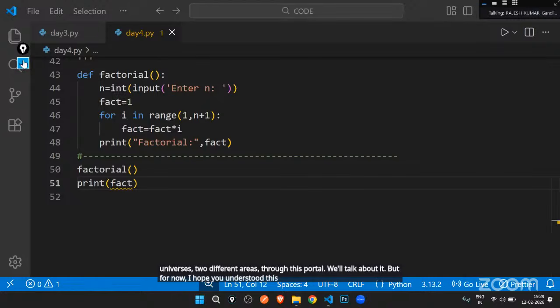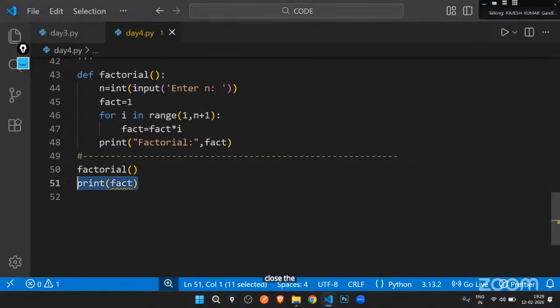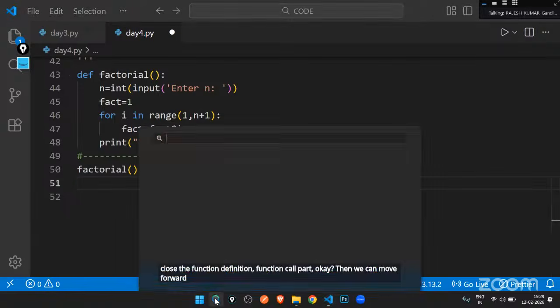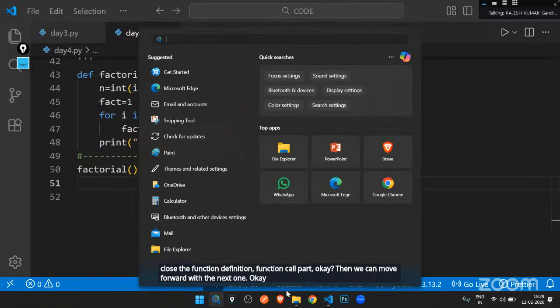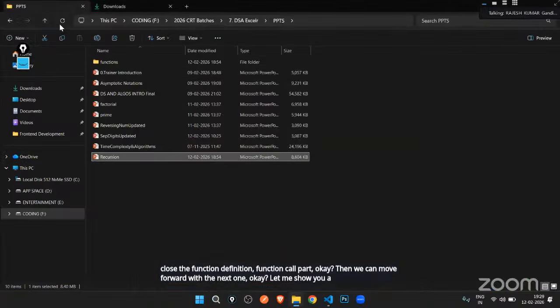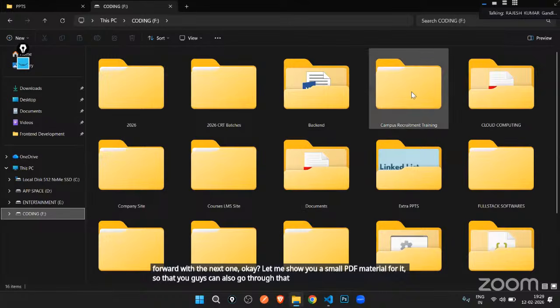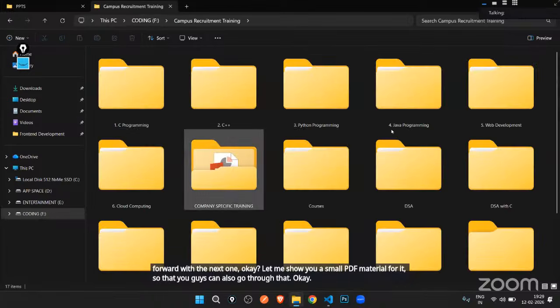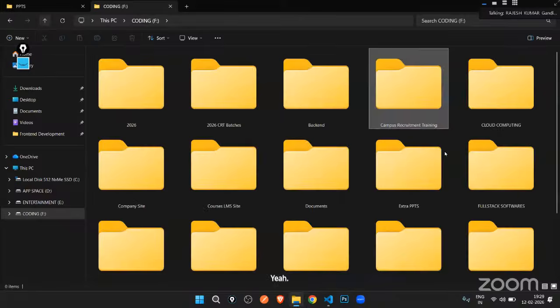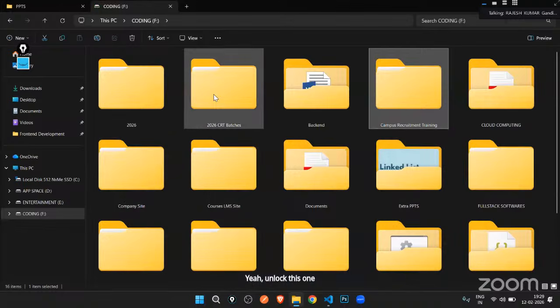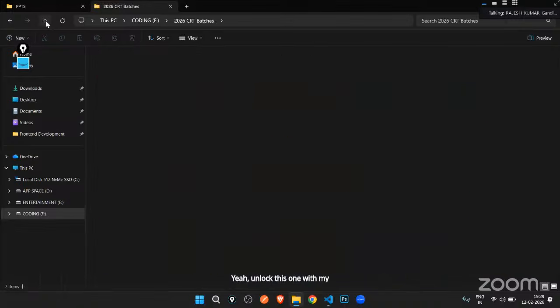Now let's close the function definition and function call part, then we can move forward with the next one. Let me show you a small PDF material for it so that you can also go through that. Where is it? I forgot my things.